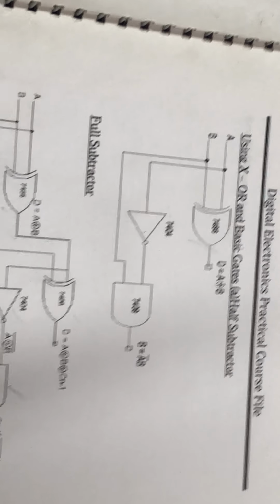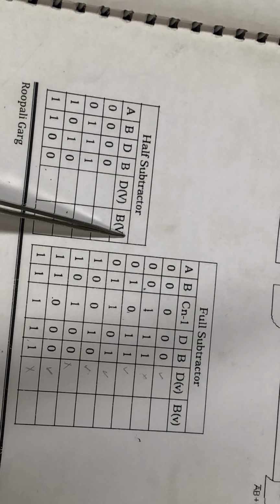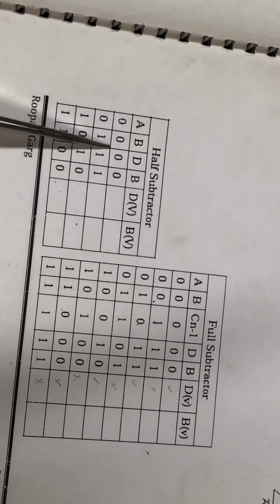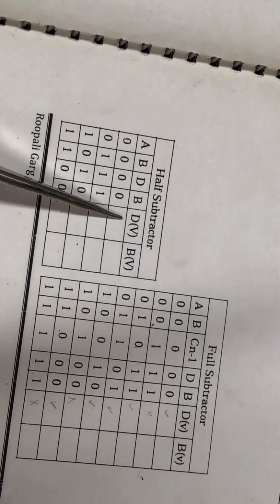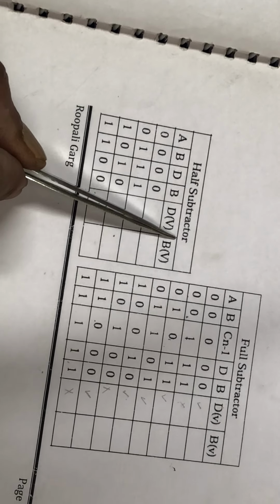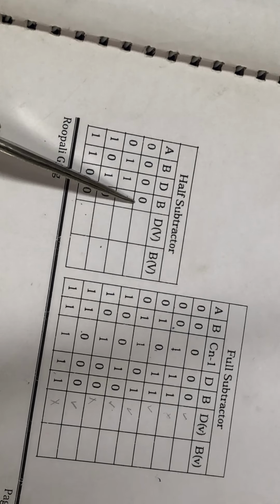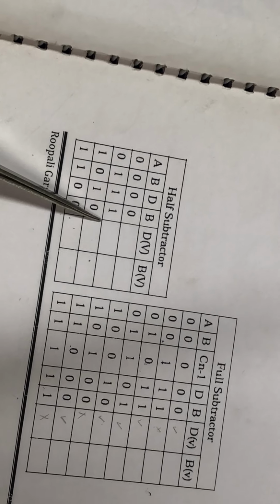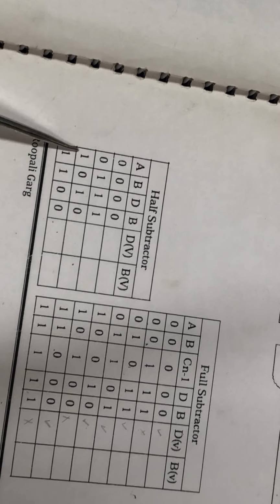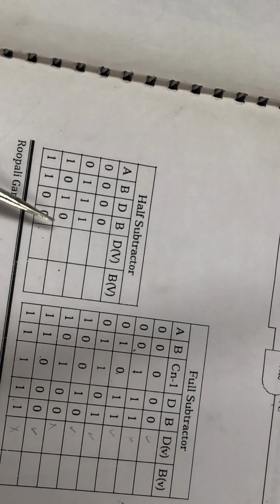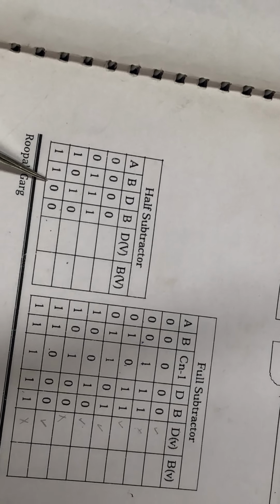So you can see the truth table of half subtractor. At the two inputs 0, 0, you will get difference and borrow. This time you are not getting sum and carry. In the case of subtraction, you will get difference and borrow. So 0, 0 will result to 0, 0. 0, 1 will result to 1, 1 as borrow, then you will get 1 as a difference. 1, 0, the difference will be 1 and borrow will be 0. At 1, 1, you will get difference 0 and there was no borrow.